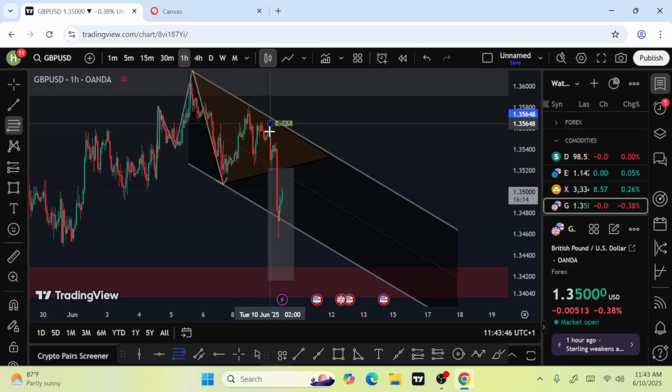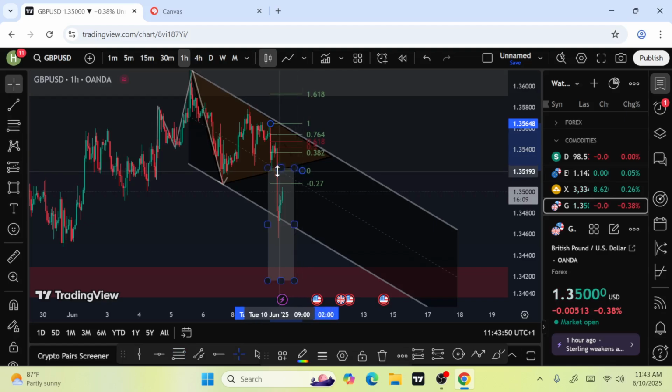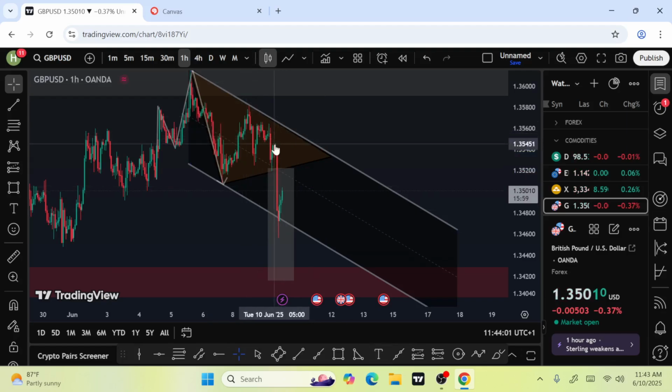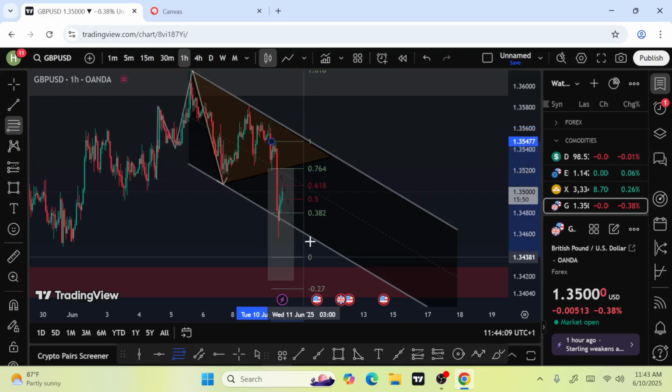From this point to this point. Do you see it now? It entered into 50 to 61.8 and it sold all the way down. Is that not so? This one has finished its work. Now, from this point, this is the starting point of that 50 to 61.8 of that previous one, to the last point.